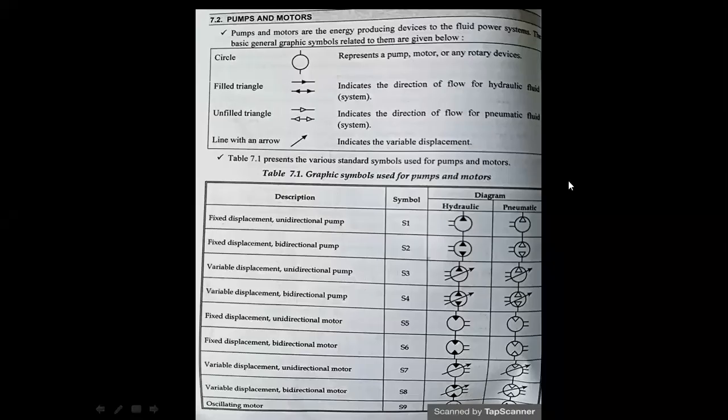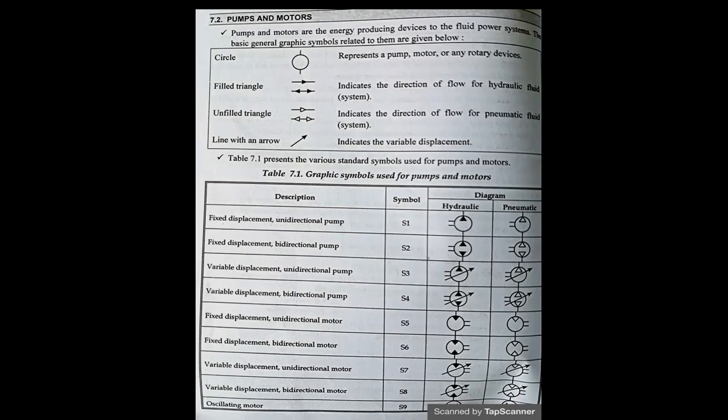Depending upon the American National Standards Institute, that is ANSI, they have designed several component functions, several operating parameters, and several construction details of the components involved in a fluid system. Now we are going to see the operating parameters as well as the construction details of the various components involved in a hydraulic as well as a pneumatic system.